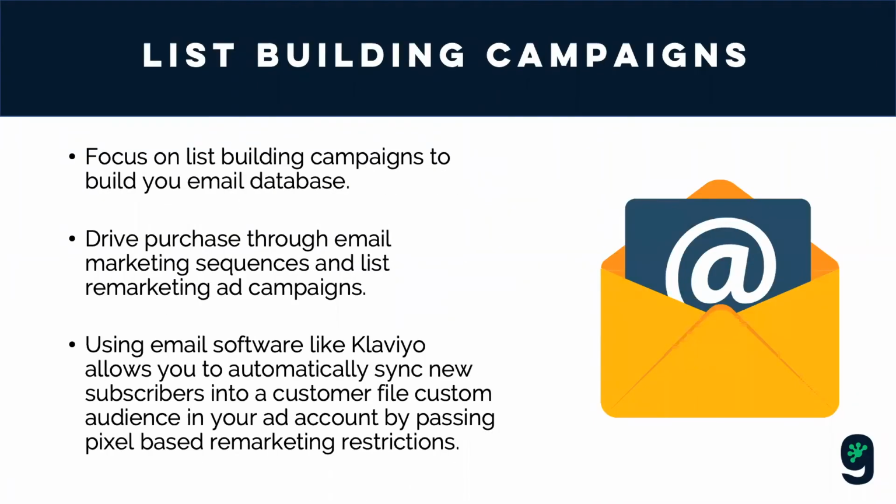And then finally, you also want to focus on list building campaigns for longer term return on ad spend and longer term business growth. So you can use educational content or product incentives to get people to opt in for your email list and then drive purchases through email nurture sequences, flash sales, and specific Facebook and Instagram remarketing campaigns. And as the opt-in to an email list is a lower barrier action, almost all of your opt-ins are going to occur within the new reduced 7-day click attribution.